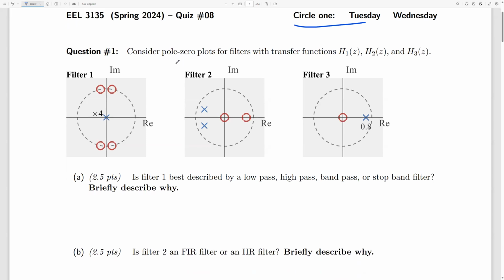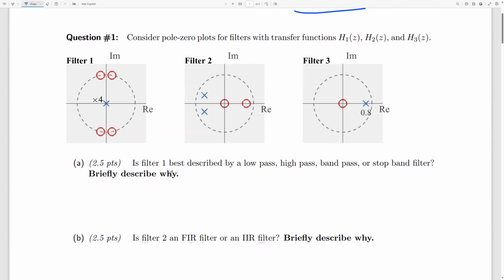So you have pole zero plots for H1, H2, and H3. Is filter one best described by a low pass, high pass, band pass, or stop band filter? Briefly describe why. So you start with filter one here. And the easiest way is to use your pole zero plot to guide your drawing of a magnitude response graph. So if you imagine this,